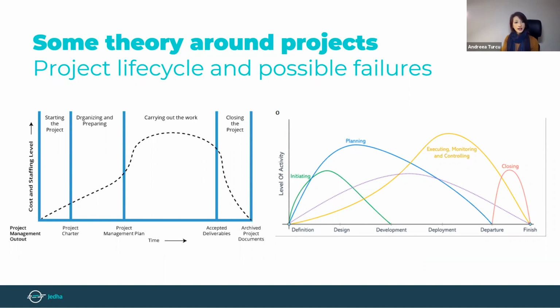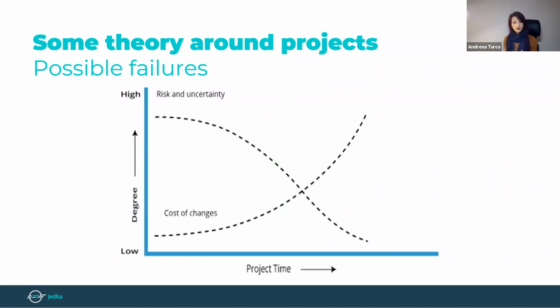So you observe that over the lifespan of a project, including the different phases I have talked about earlier, there are a lot of cost and staffing aspects to be taken into consideration, which increase at the execution level. With respect to the level of risk and cost of changes, we can also observe an intersection, and it is ideal for these two lines to meet as low as possible somewhere during the execution phase of the project, when the goals are clear and the implementation methods established.